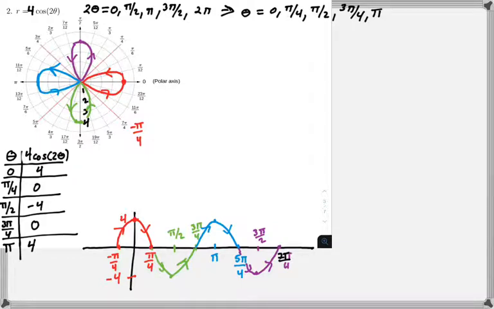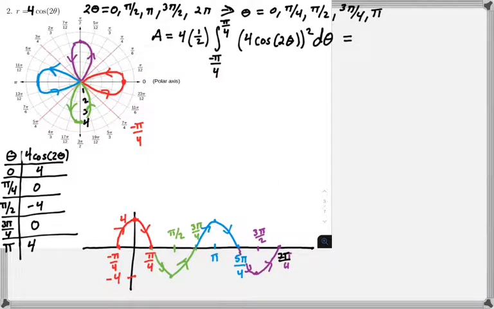So you could find it from negative pi over 4 to pi over 4, or from pi over 4 to 3 pi over 4, or from 3 pi over 4 to 5 pi over 4, 5 pi over 4 to 7 pi over 4. Any of those would work. I'm probably going to use the first one there. So the area is going to be 4 for the 4 petals times 1/2 integral from negative pi over 4 to pi over 4 of,